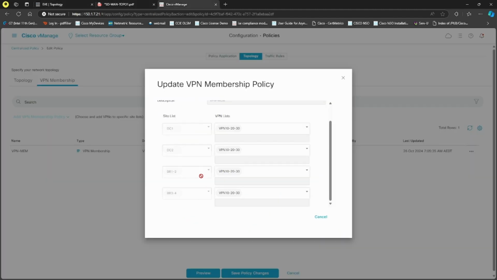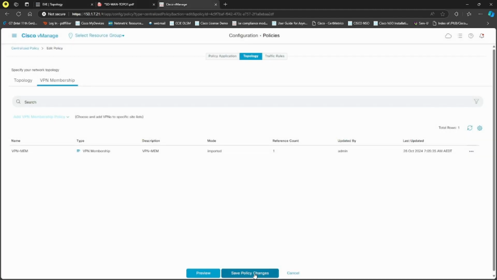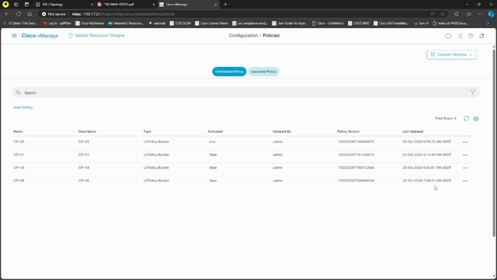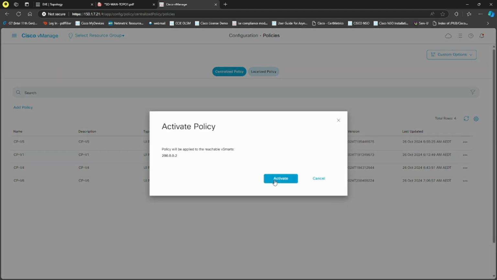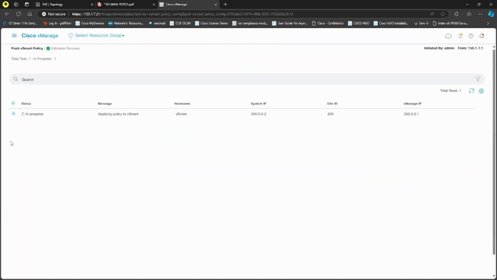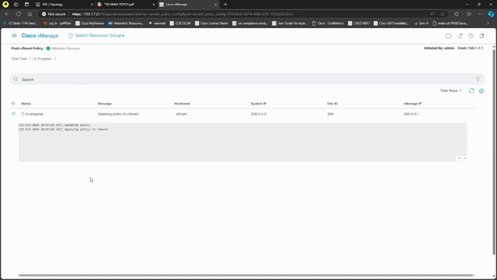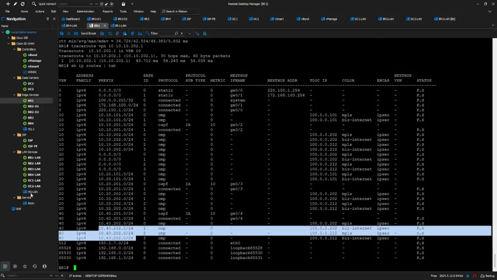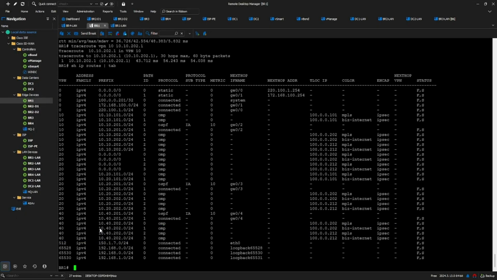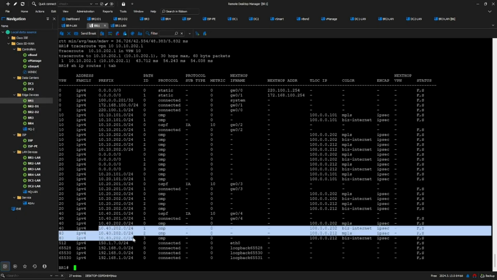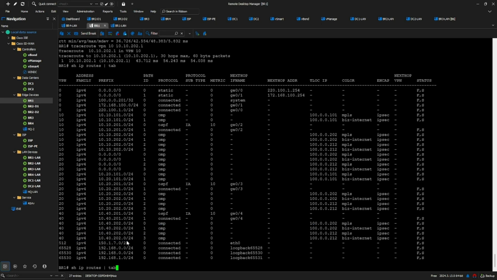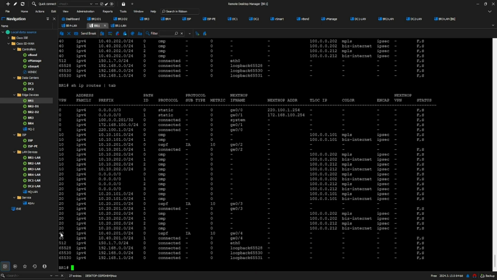So let's go ahead and activate that policy now. Save changes. Version 6, let's go ahead and activate. So let it push. Alright, that has been pushed. So let's go back to the branch 1 now. So before we were seeing the VPN 40 of 202, branch 2,